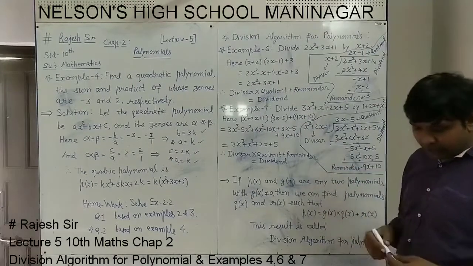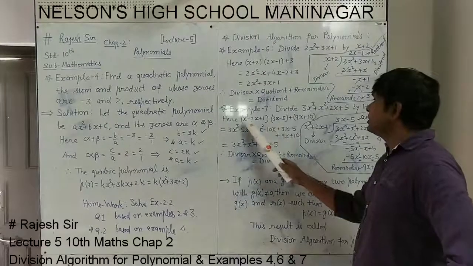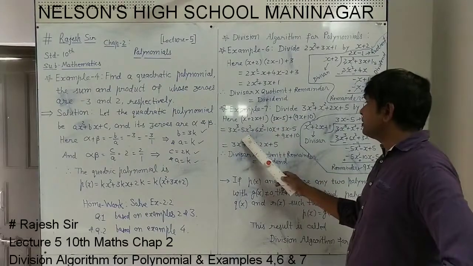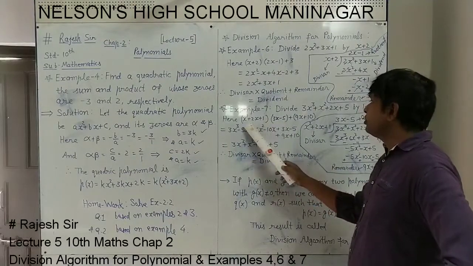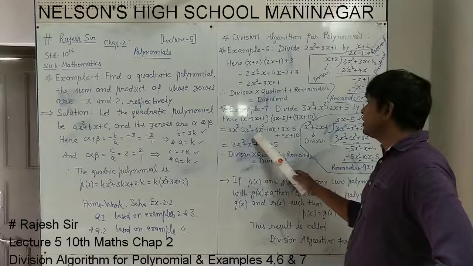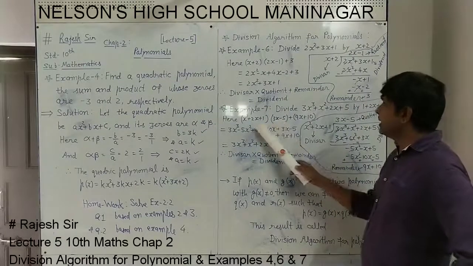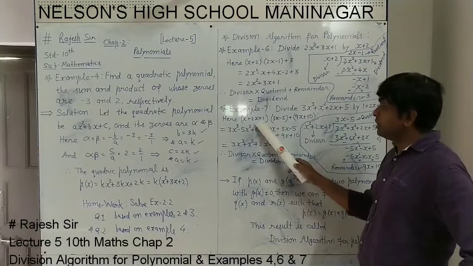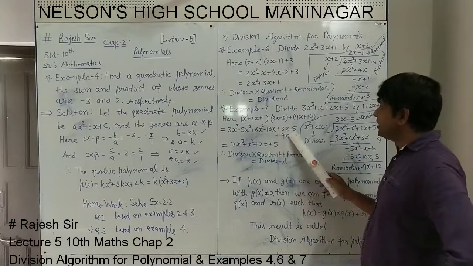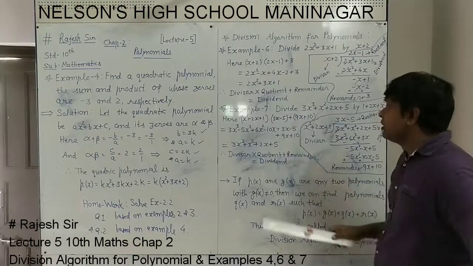Now doing this, what happens, see, x square into 3x will be 3x cube. X square into minus 5 will be minus 5x square. Now by 2x you multiply. 2x into 3x, 2 threes are 6x square. Plus and minus, minus: 2 fives are 10x. By 2x done. Now by 1. 1 into 3x, 3x. 1 into minus 5, minus 5. And plus 9x and plus 10 as it is.